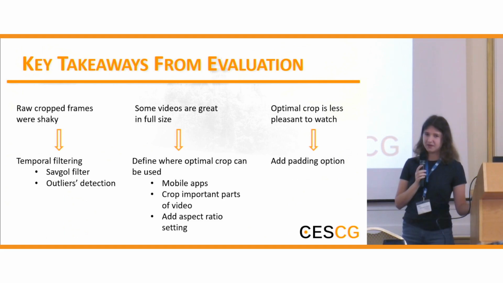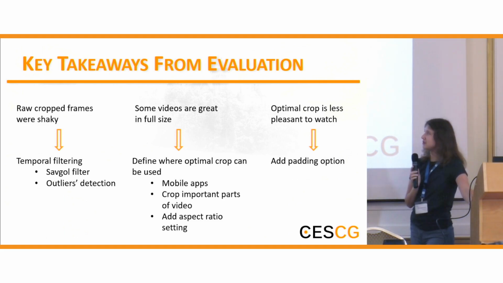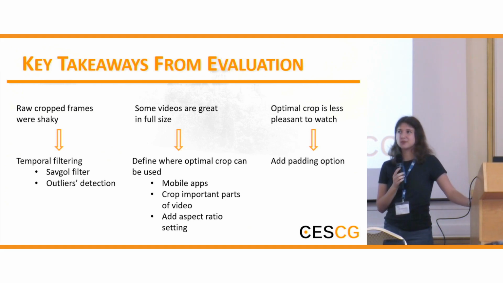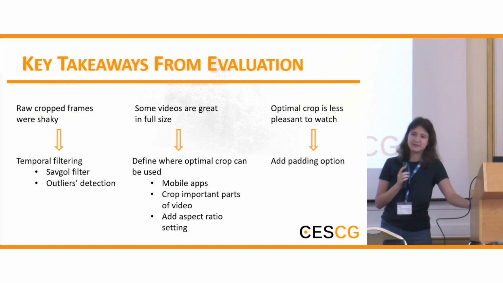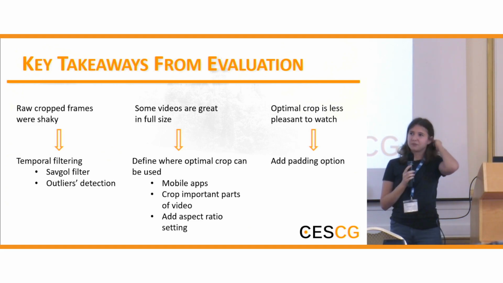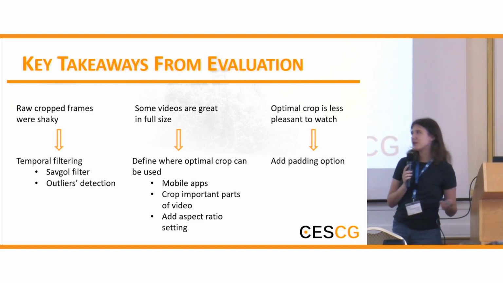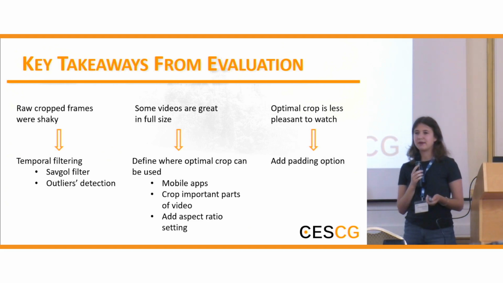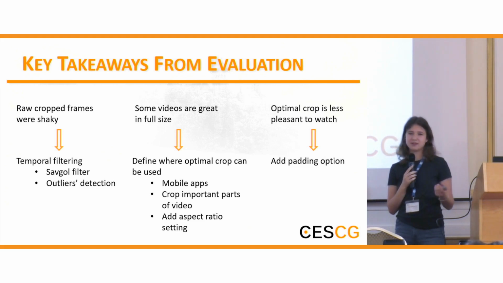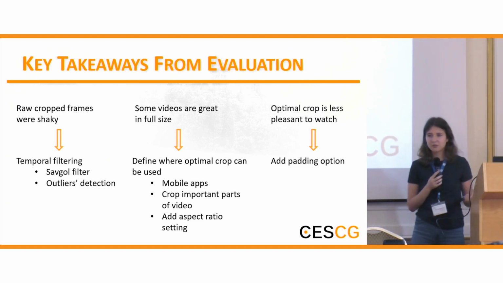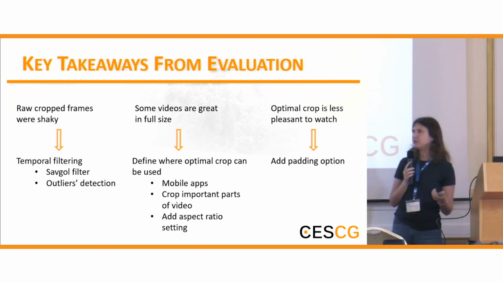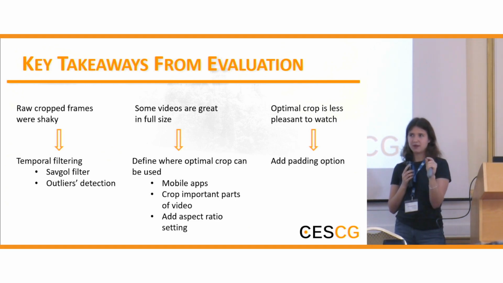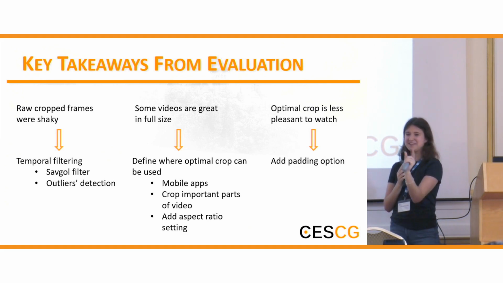I have tested my outputs on the potential users, and it was not like I developed the whole program and then tested it. I was iteratively improving it. So on the very first stage, I cropped the frames and just put it together in the video, and I didn't even need users to test that the video was jittery, it was shaky. Not because the detection was not good, it was good, but when I was stabilizing the frame boxes, maybe it was some pixel differences that made the frame look like this.